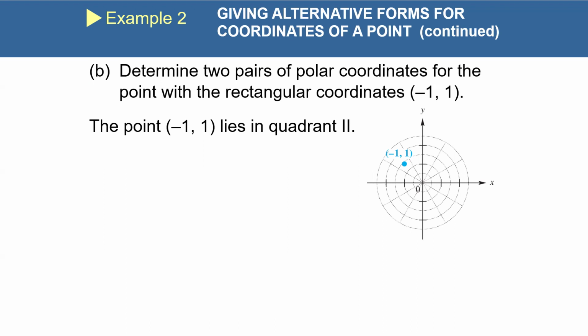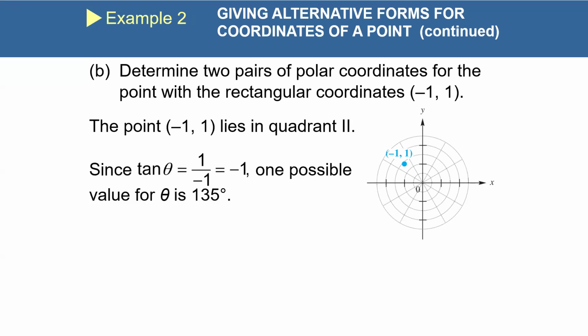All right, so we know that it's in quadrant 2. How do I know it's in quadrant 2? The points. So we can find our radius using Pythagorean theorem. Agreed? x squared plus y squared equals r squared. And we can find our theta by using either tan inverse, sine inverse, or cosine inverse. So we're going to use tan because it's easy. Tangent theta equals 1 over -1, which gives us -1. So we're looking for the tan inverse of -1, which is